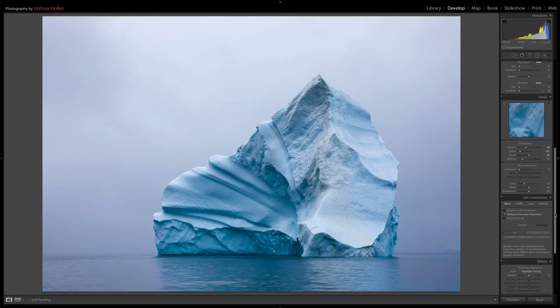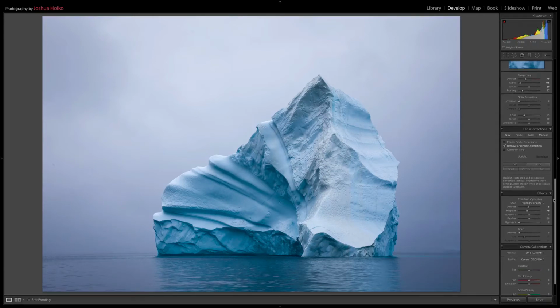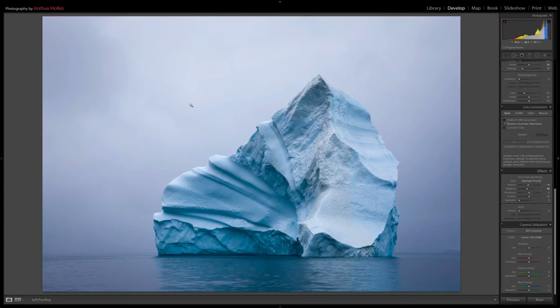Now, once I've done that, I will then come down and have a look at adding a vignette to the image, just to help draw the eye in. And again, I want this to be fairly subtle, so I will set this somewhere around about there, with a midpoint of 40. Now, once I've set my vignette, I'm pretty much done with the image here in Lightroom,